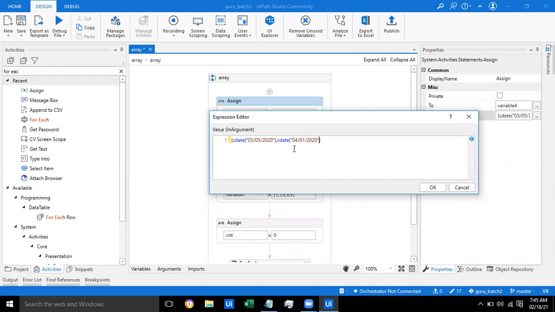Comma. Close bracket, then use another comma. CDate, 09 2020. You have to put double quotes. Double quotes are missing.